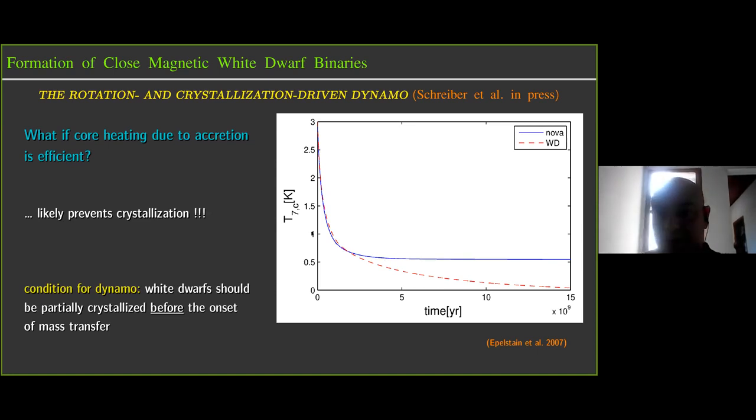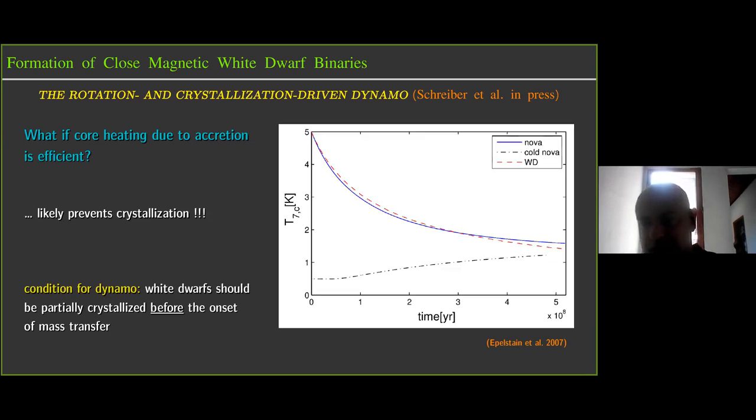the same temperature basically. So if the white dwarf is not crystallizing before the onset of mass transfer, then likely it will not crystallize during the CV phase. So the CV will remain non-magnetic. At least from what we know so far, that's what we expect. But if the